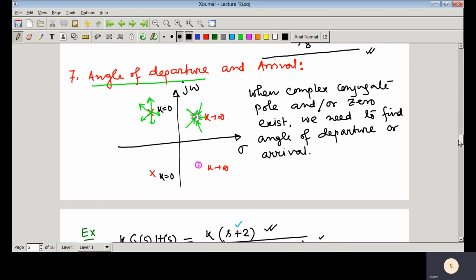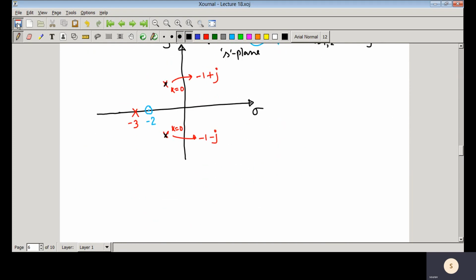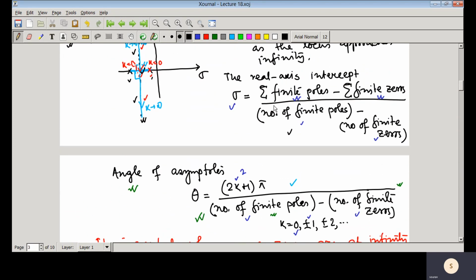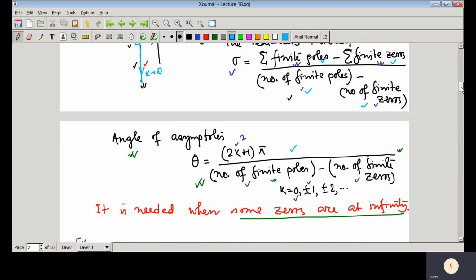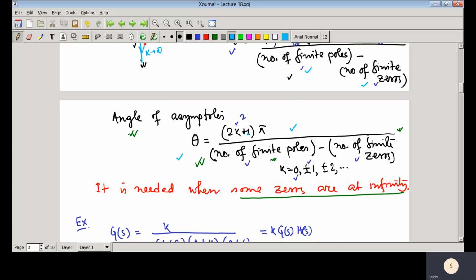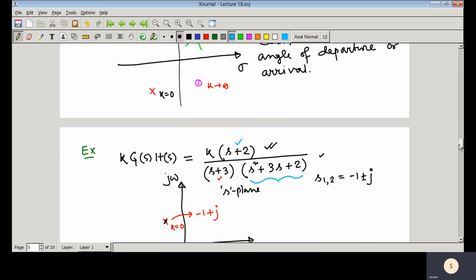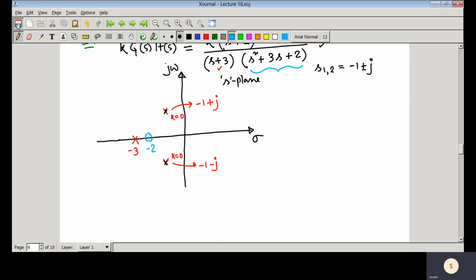So let us first find its centroid. The formula for finding the centroid is the summation of finite poles minus summation of finite zeros, divided by number of finite poles minus number of finite zeros, and the angle of asymptotes equals 2k plus 1 pi divided by number of finite poles minus number of finite zeros. So if we apply those formulas, then we will get